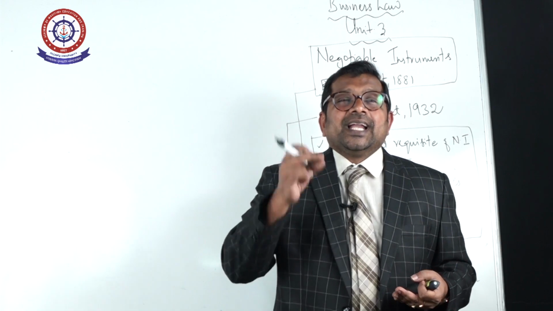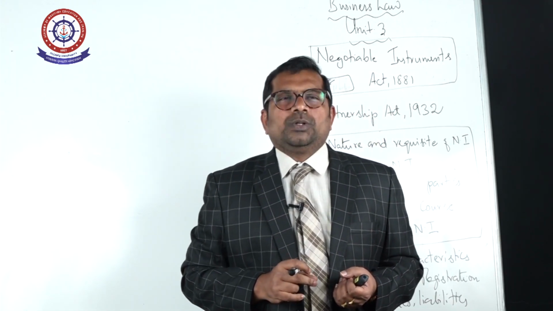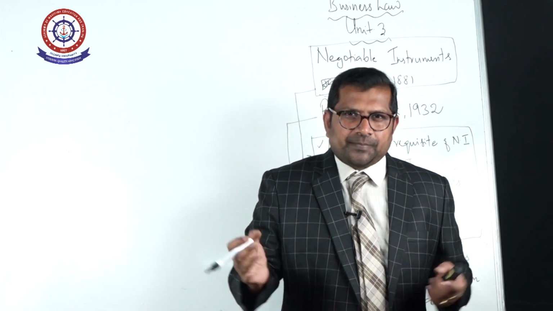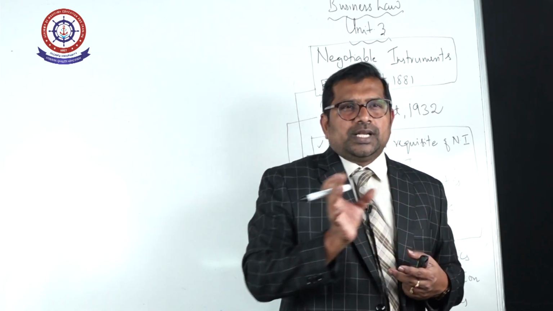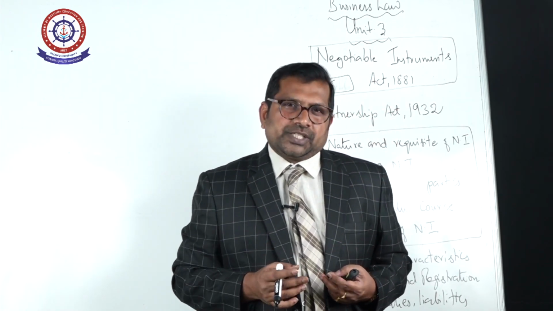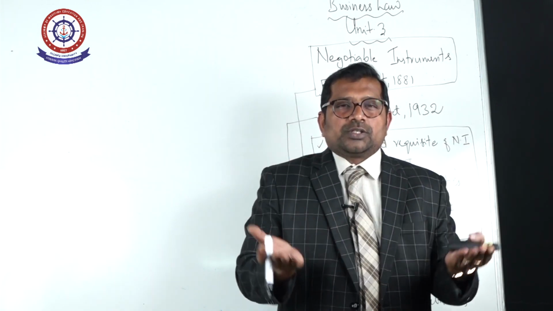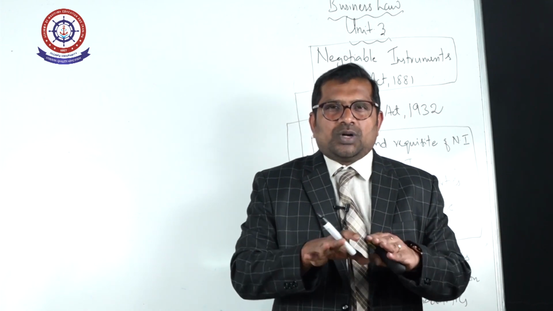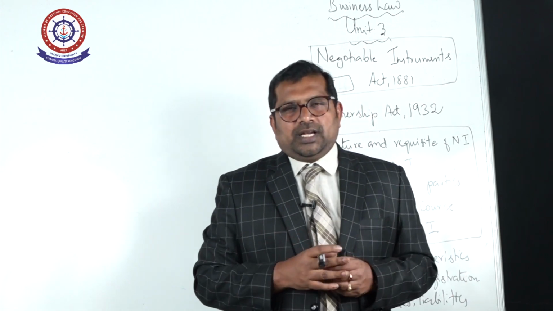Point number 3, dissolution on happening of some event, section 42. Dissolution on happening of some event: either death of a partner, expiry of term, or completion of the venture. There are two businesses that entered into a joint venture for the completion of one partnership business for 1 year. Once the term is completed or the project is completed, the business comes to an end.